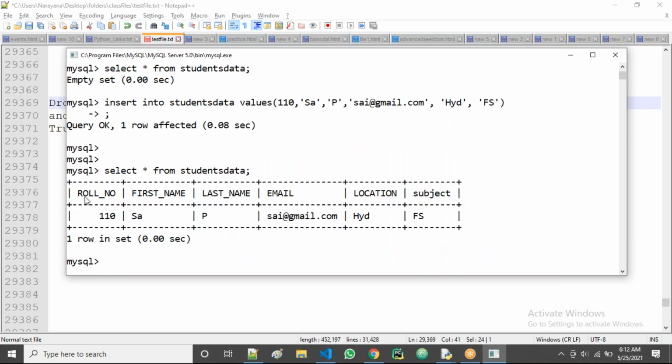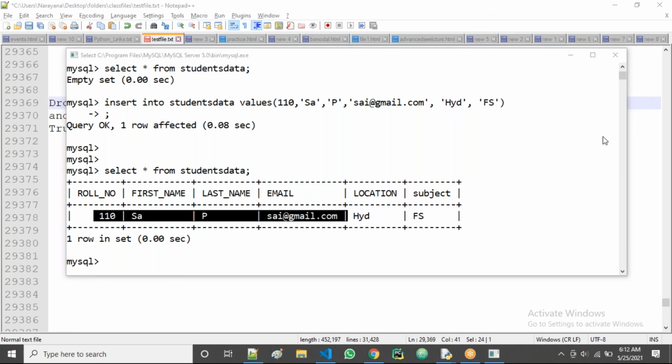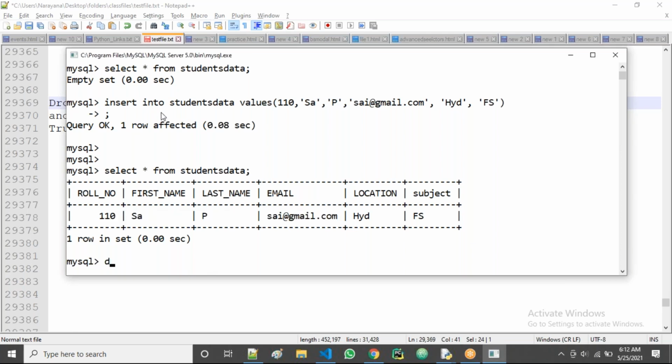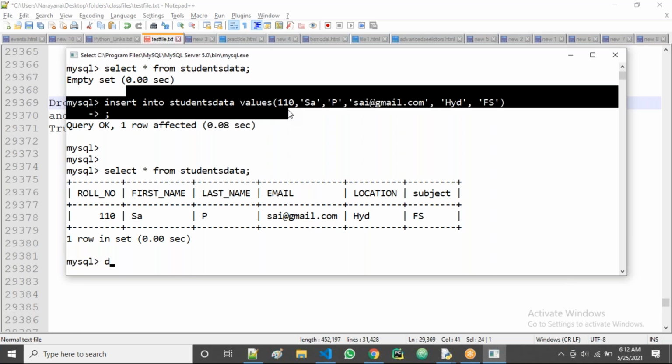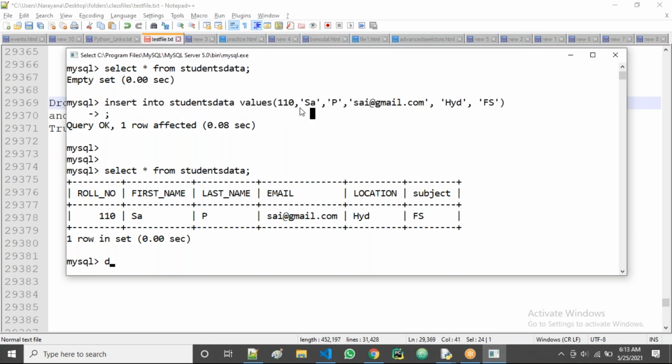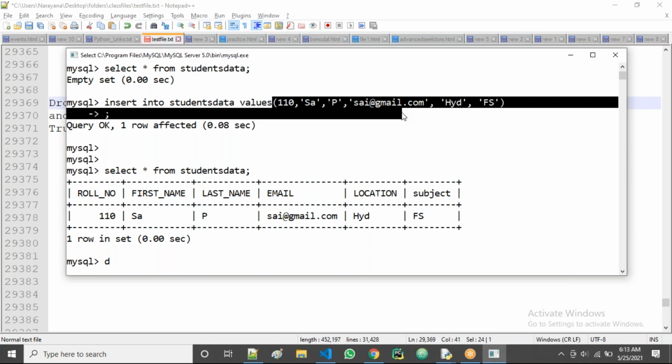Yes. So all of you observe. What do we have now? The head is there and the body is there. We have both head and body now. Once you truncate, guys, we can insert the values again, because the head is there. That's why you can insert the values after truncating also.